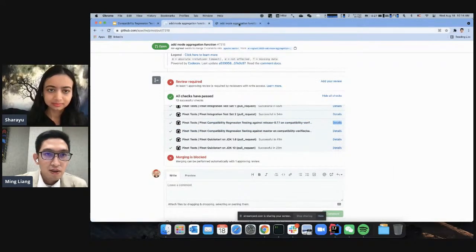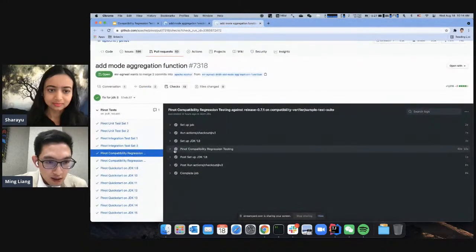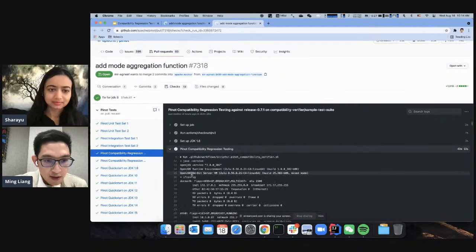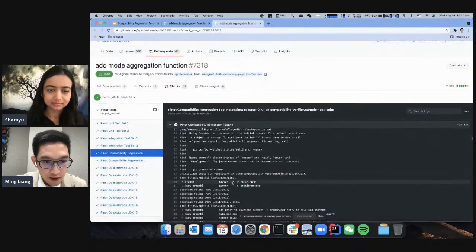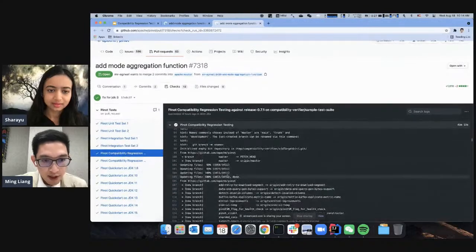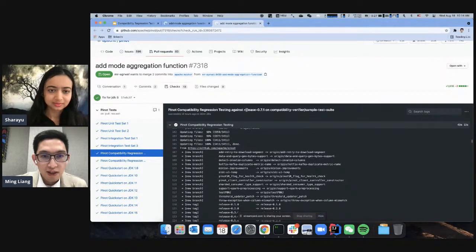Let's click into the log. We can see that it first will check out your current commit, and this test was against release 0.7.1.